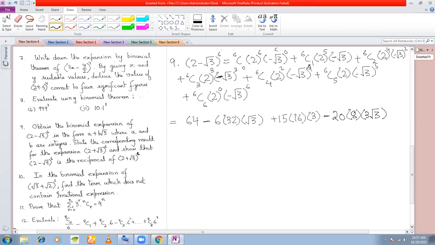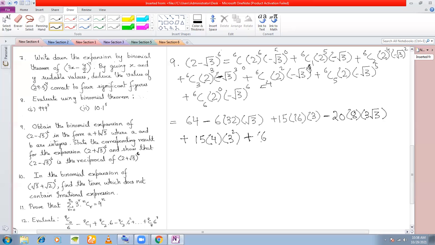In the next term, you have minus raised to an even power. So this will be plus 6c4, which is the same as 6c2. And what is the value of 6c2 that we have found out? I think we had found this out to be 15. 15. 2 square is 4. And minus root 3 to the power of 4 is how much? 3 square, right? Plus, if minus root 3 to the power of 4, all of you understood how it is 3 square? Or should I explain this to you? No, sir, understood.